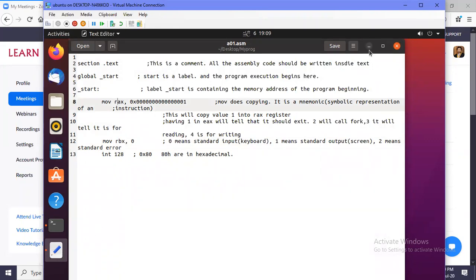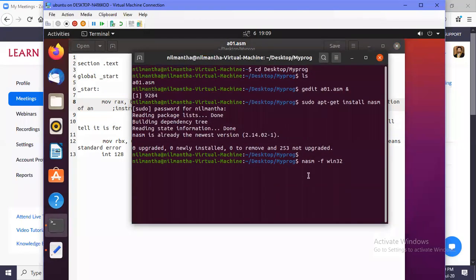Otherwise, you will get a compile error. Right? So I have 64-bit, so I'm going to stick with win64. If you have 32-bit, then make sure you specify the appropriate 32-bit format.